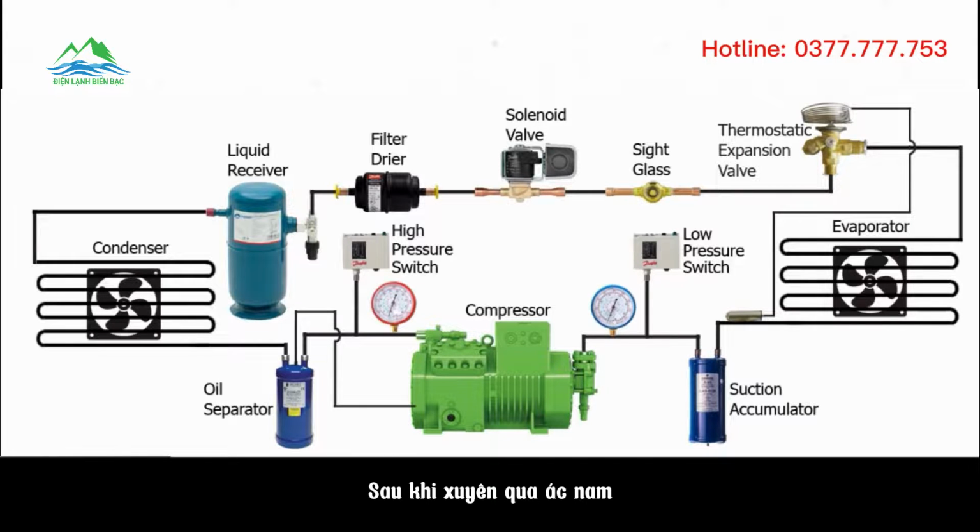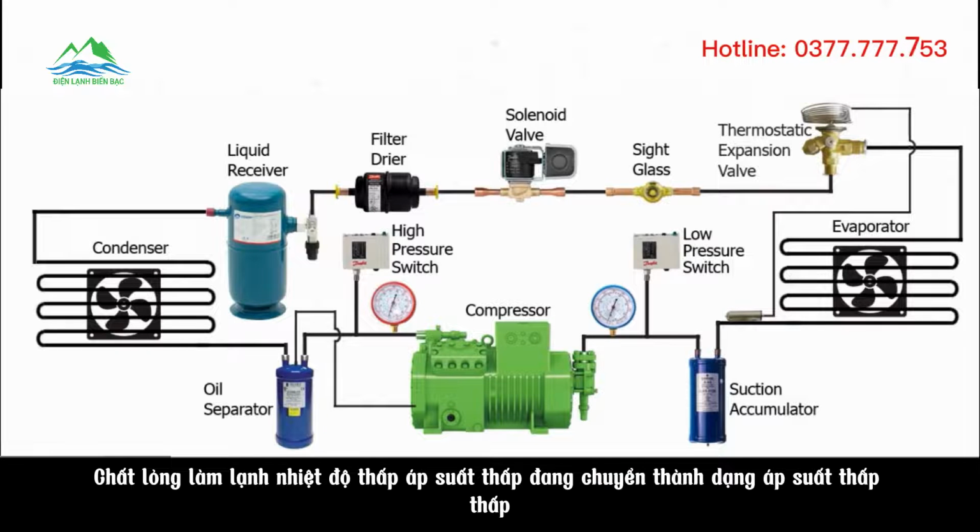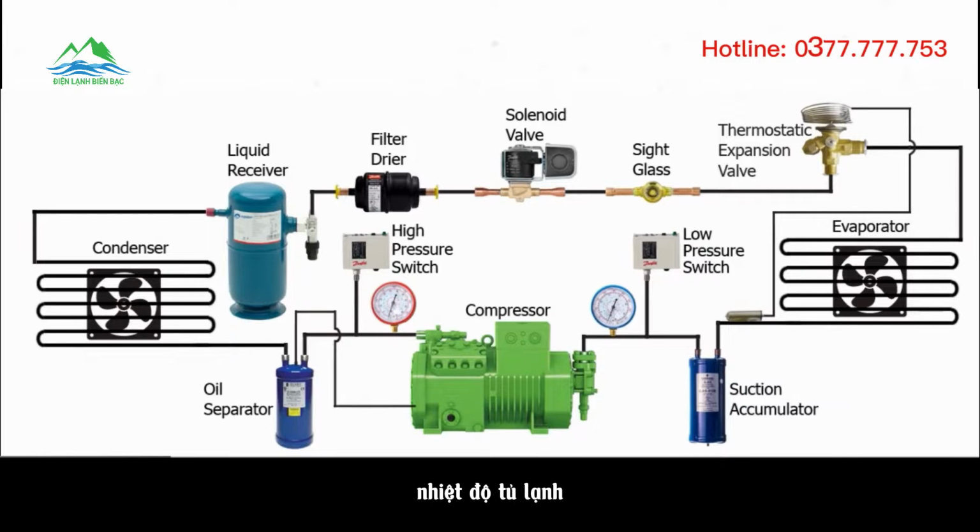After passing through the evaporator, the low pressure, low temperature refrigerant liquid changes into low pressure, low temperature refrigerant vapor. The suction accumulator is a tank. It has an inlet and an outlet. The compressor is designed to suction the refrigerant vapor only, not refrigerant liquid. If refrigerant liquid comes into the suction accumulator, it settles at the bottom of the suction accumulator. So, only refrigerant vapor comes into the compressor.